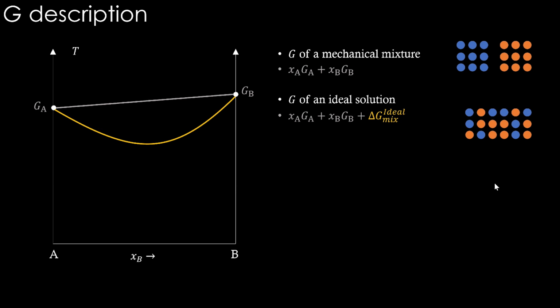Right. So to understand that Gibbs energy description, let us start with the ideal mixing solution now. If it is the ideal mixing solution, we will add only delta G mix ideal, which is this curve now. If we take some overall composition, this is the mechanical mixture Gibbs energy, this is the Gibbs energy of this ideal solution. So the difference between them is the Gibbs energy of mixing in ideal solution. We have seen this already.